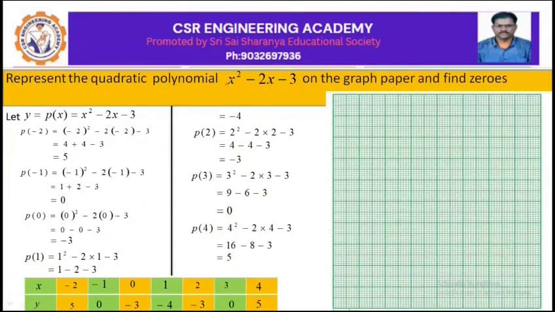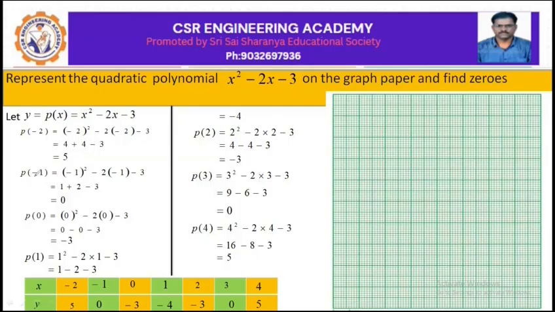Present the quadratic polynomial x square minus 2x minus 3 on the graph paper and find zeros. Let y is equal to p of x is equal to x square minus 2x minus 3. Here calculate the polynomial value at x is equal to minus 2, that is p of minus 2 is equal to minus 2 whole square minus 2 into minus 2 minus 3, which is 4 plus 4 minus 3, that is